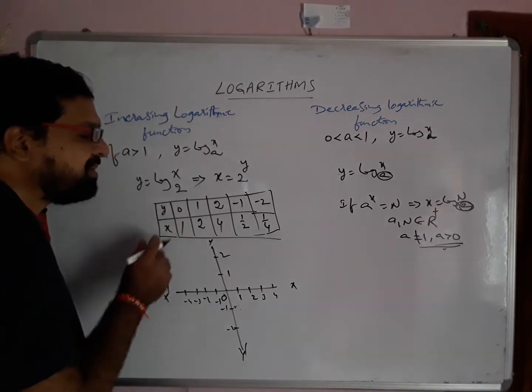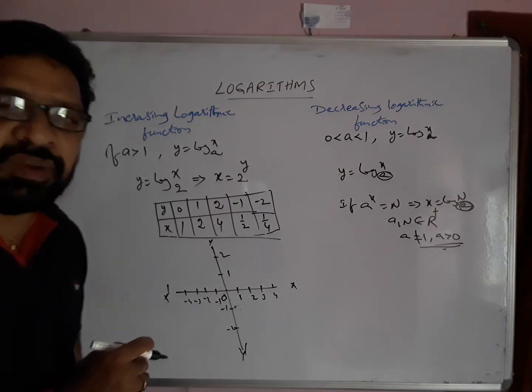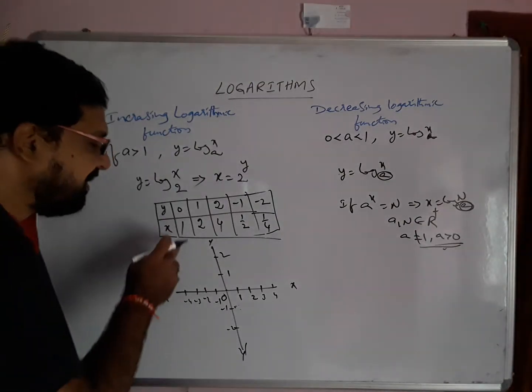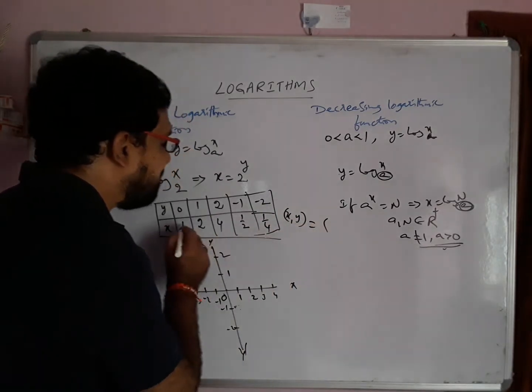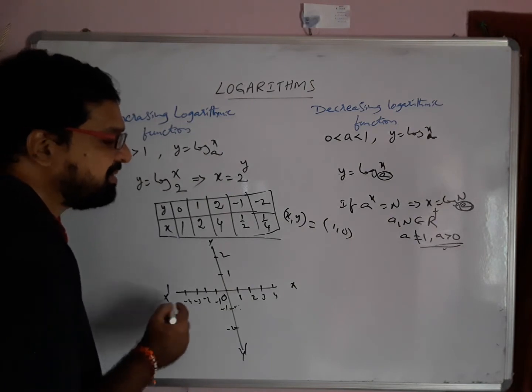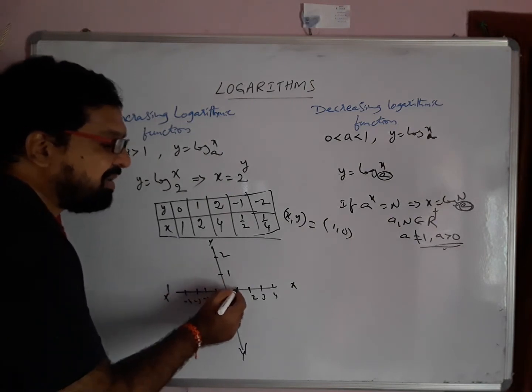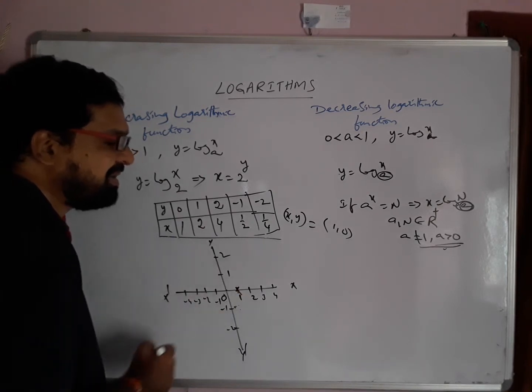The ordered pair is always going to be taken as x comma y, not y comma x. X comma y is not equal to y comma x. So here the ordered pair is in the form of x comma y. The first point is 1 comma 0, so we need to plot 1 comma 0. Here the x coordinate is 1 as well as the y coordinate is 0. Nothing but the point is on the x axis.